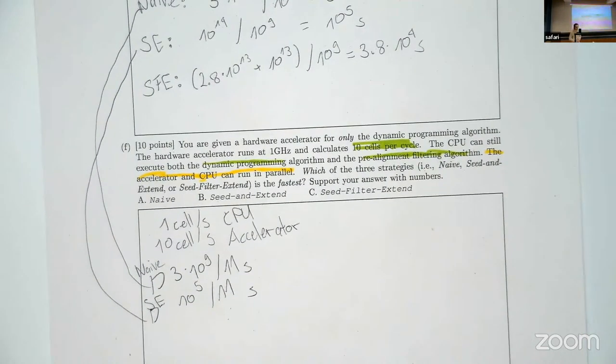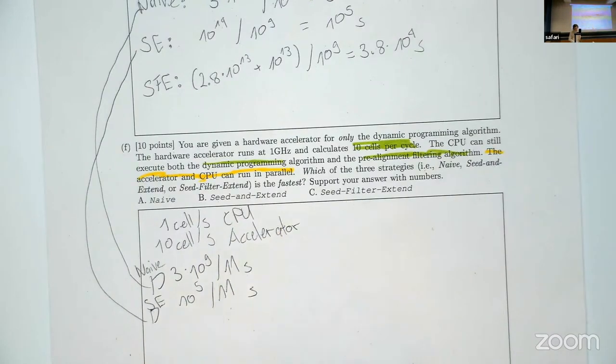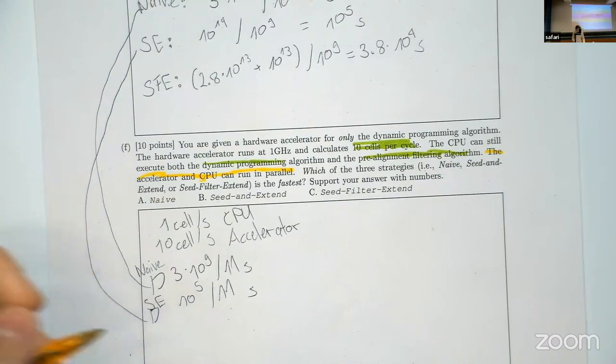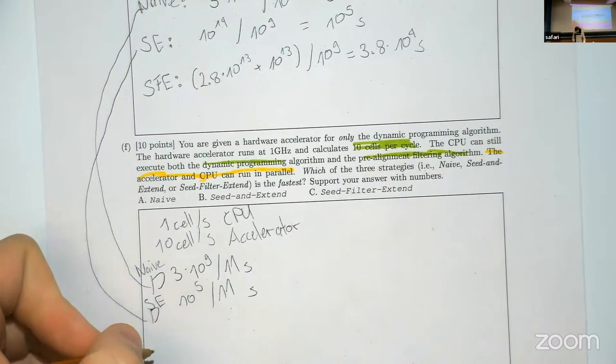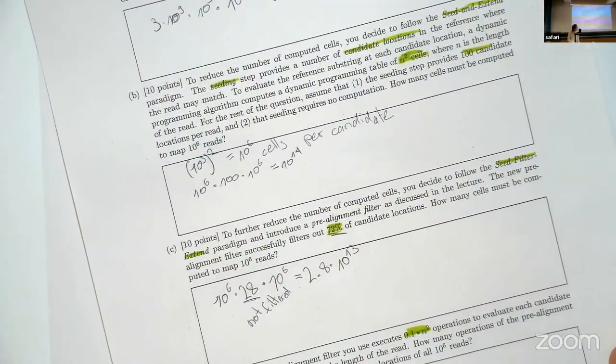Question. So the seed filter extend thing, as I mentioned, the accelerator cannot help with the filter operations. And as it turns out, the filtering operations themselves are just slower on the CPU than if we did seed and extend with the accelerator. So there are 10 to the 13 filtering operations, if you believe me, that